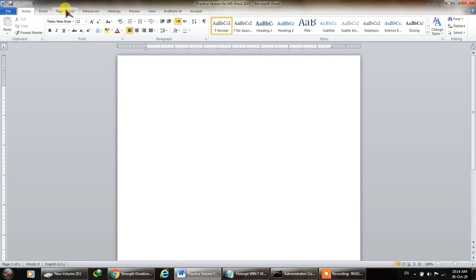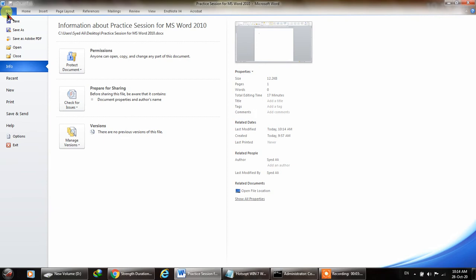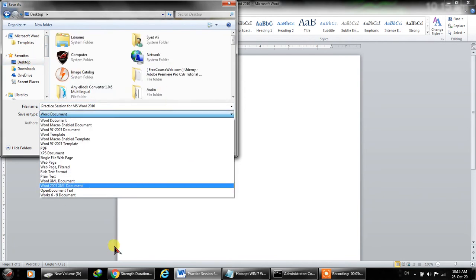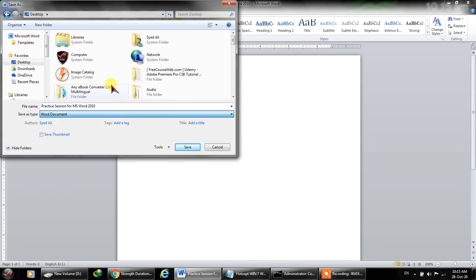Now we can see these menus or these functions. The first one, which is very similar in most software, is the File menu. When you click the File menu, you'll get Save. If you want to save any progress or any task, just click Save, or Ctrl plus S is the shortcut for this. Save As lets you save that file with a new name or a new version, for example in PDF. So I click Save As, and now it will ask me the same as if I am saving it for the first time.